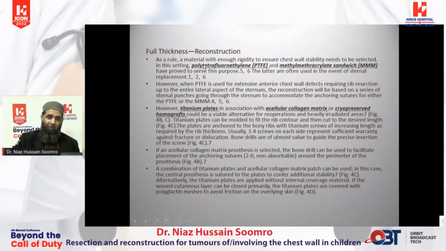So the materials that we can use are polytetrafluoroethylene and methyl methacrylate sandwich, MMM, triple M, which have proved to serve this purpose because these are the materials that support the chest wall and prevent the paradoxical movement. When polytetrafluoroethylene is used for extensive anterior chest wall defects requiring rib resection up to the entire lateral aspect of the sternum, the reconstruction will be based on a series of external punches going through the sternum, because we must